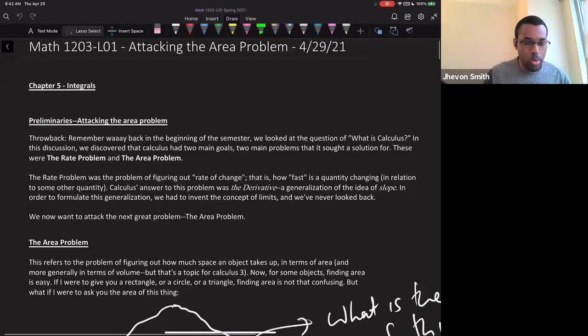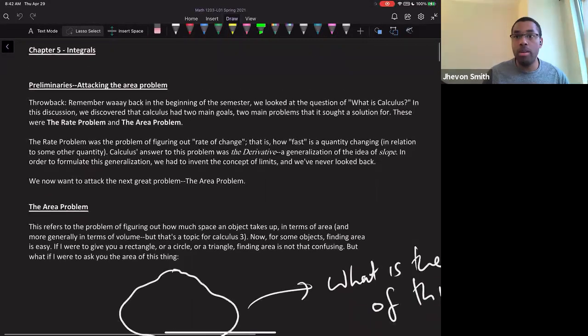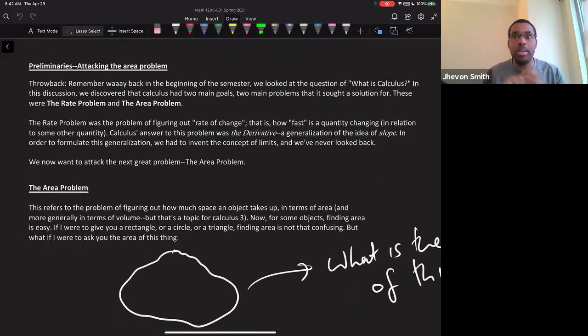So the two problems that we wanted to attack were the rate problem and the area problem. The rate problem is figuring out how fast something is moving, or what the rate of change of something is, whereas the area problem is about how much space something takes up, right? Now, normally,